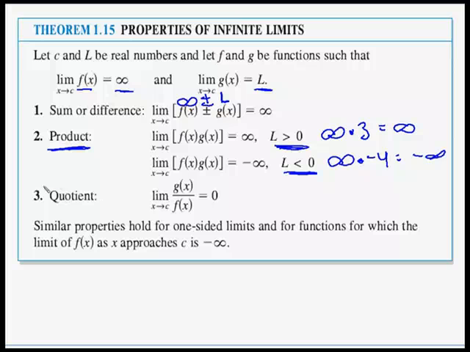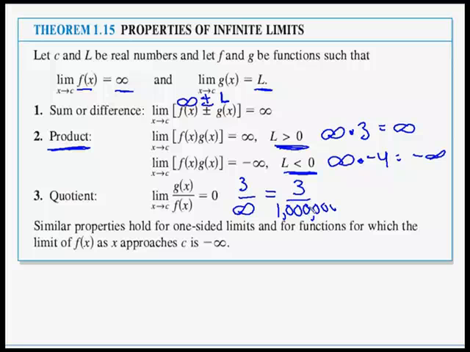And for the quotients, if we are dividing, this is an important one. G of x is finite. So g of x is just some number like 3 or 10 or even 1,000,000. And we are dividing that by f of x, which is infinity. 3 divided by infinity, what number is that going to approach? It's going to approach 0. Think about it like this. 3 divided by 1,000,000